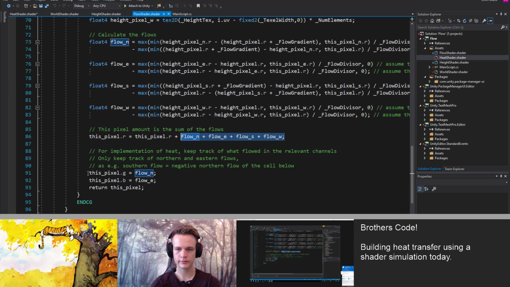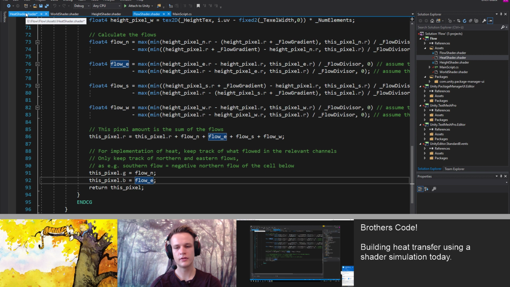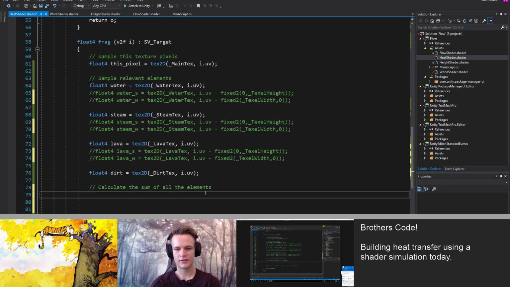But in terms of the actual flow that was recorded, it's just north and east. Oh, I see what you're doing here. That's relevant for the second stage, which is heat has to flow with the element that just moved.